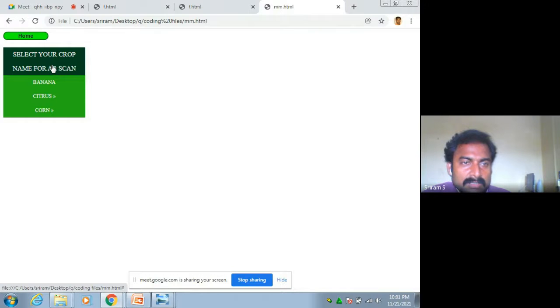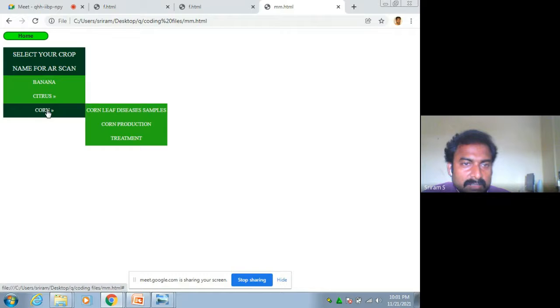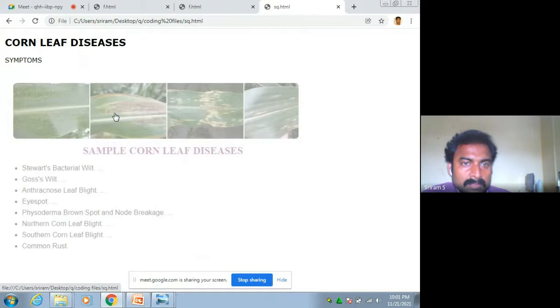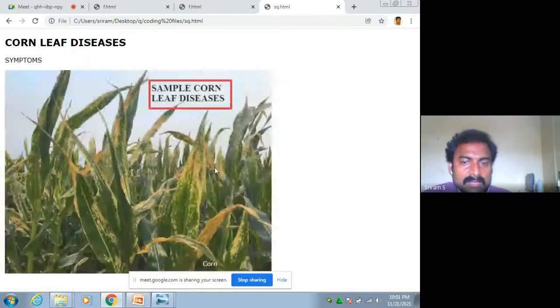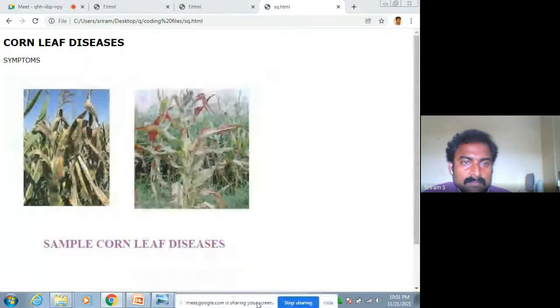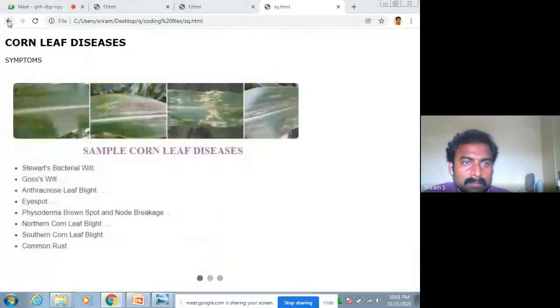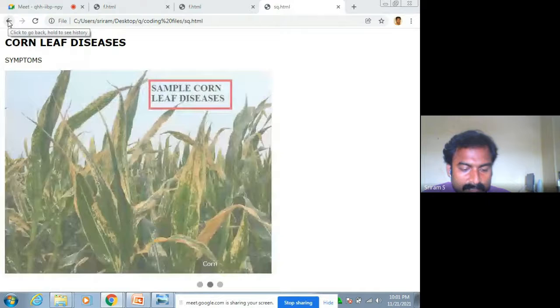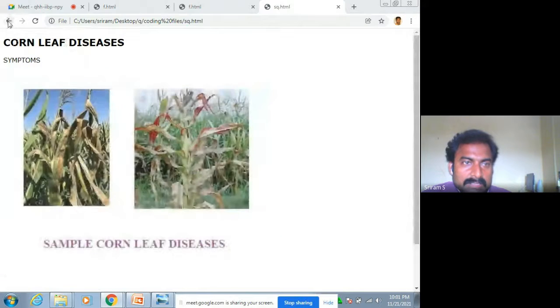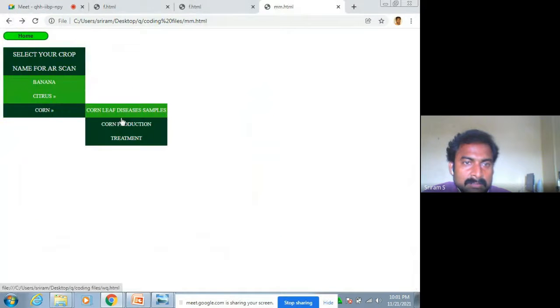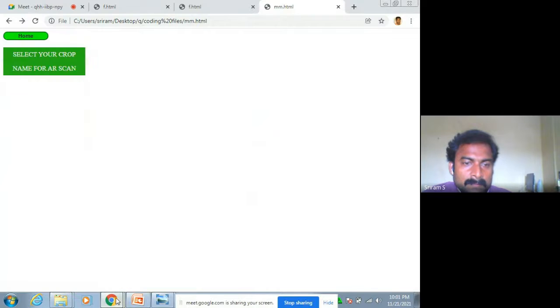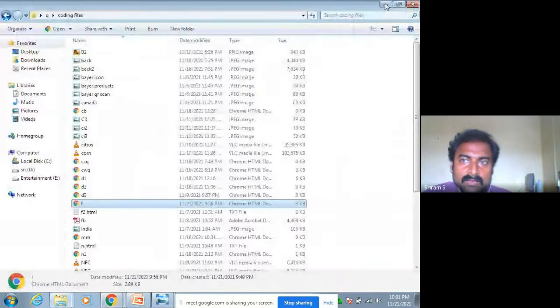While clicking, just for an example, while clicking corn, it will generate some labels like this, and here we implemented the AR scanner option. Let me see how the AR scan works.